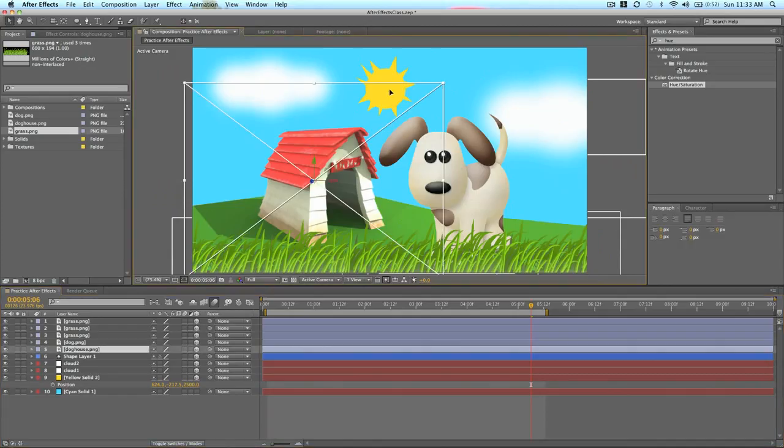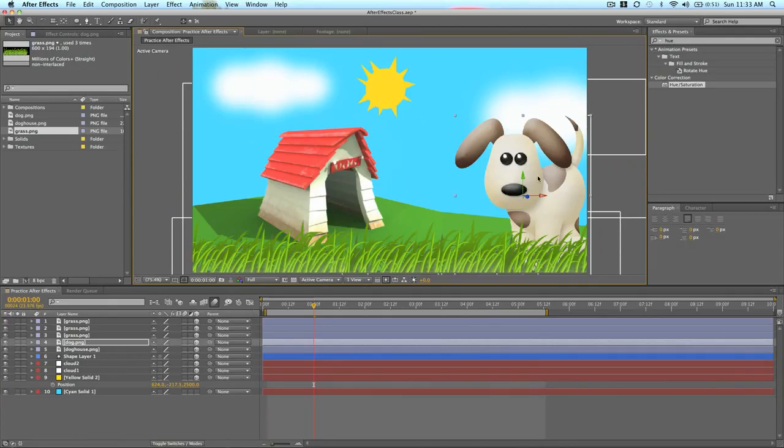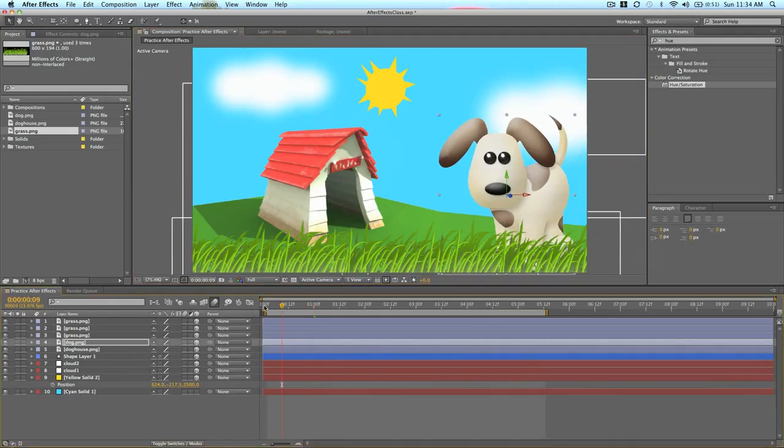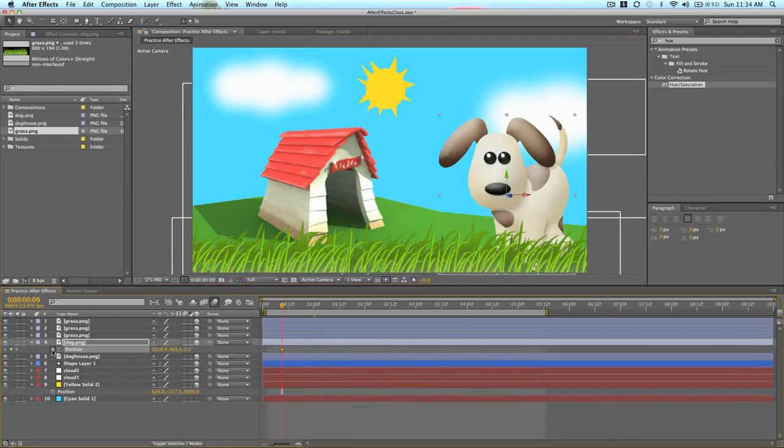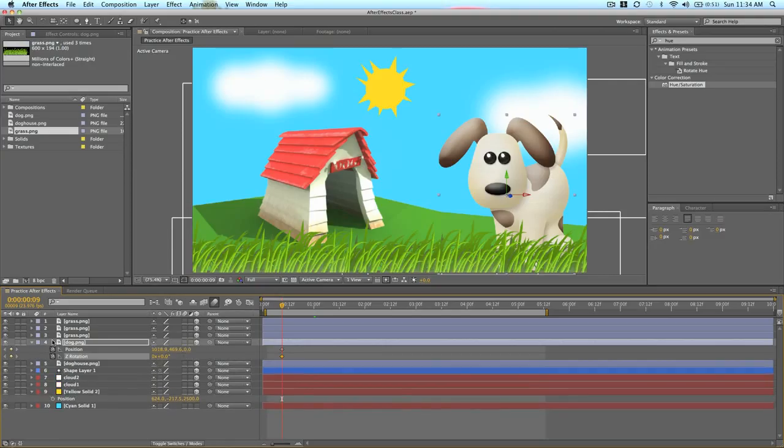So now we have our sun in the sky, we have our dog, so this is a cool start of an animation. So let's do a little bit of animating just to show you what we can do. So our dog, we'll have him kind of walk across the screen, so we'll start over here, position, and I'll do set keyframes for Z rotation, and I'll press U to bring up just the position and